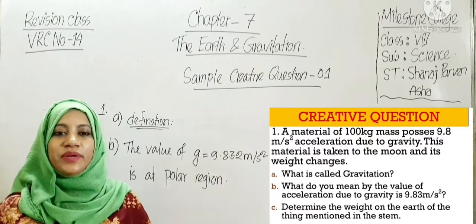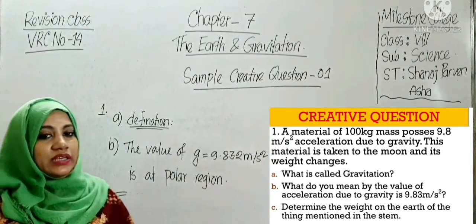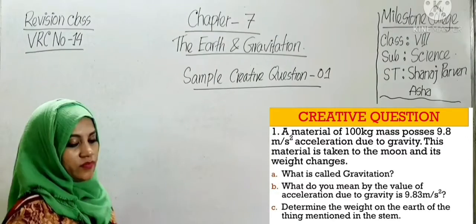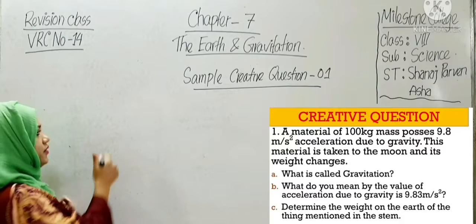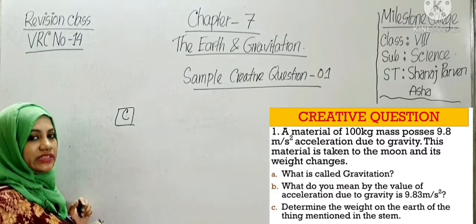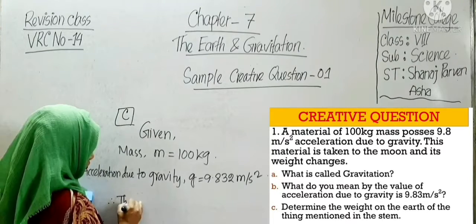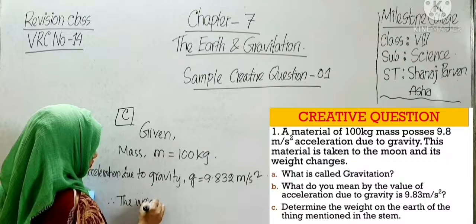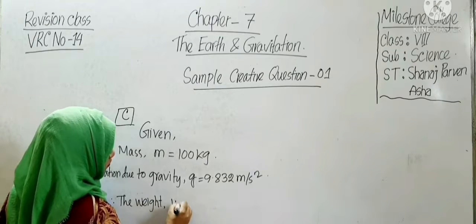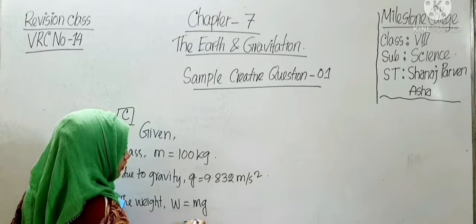Next one, determine the weight of the object mentioned in the stem. I have told it at the beginning. C number. What is given? C number, what is given in the question? Given, therefore W equals mg. So you will put the value of m